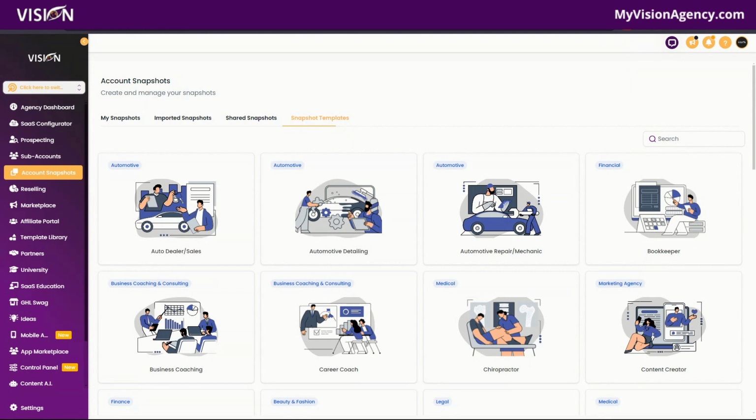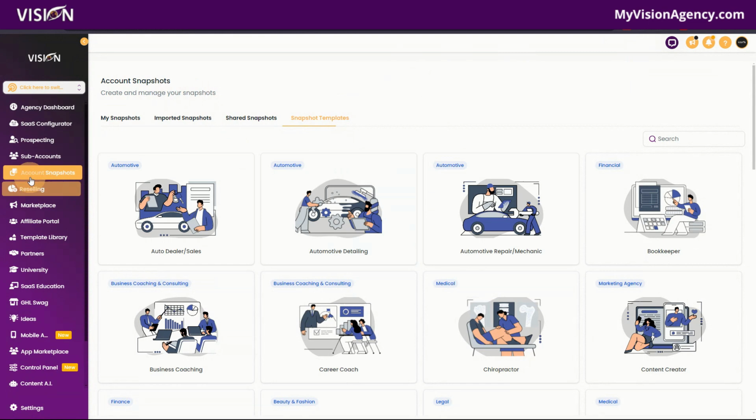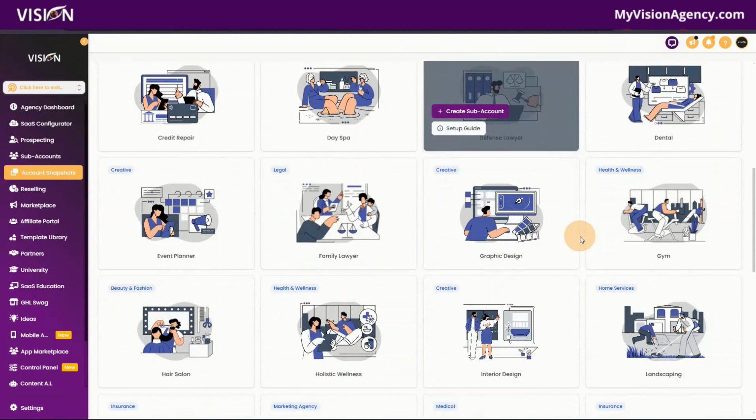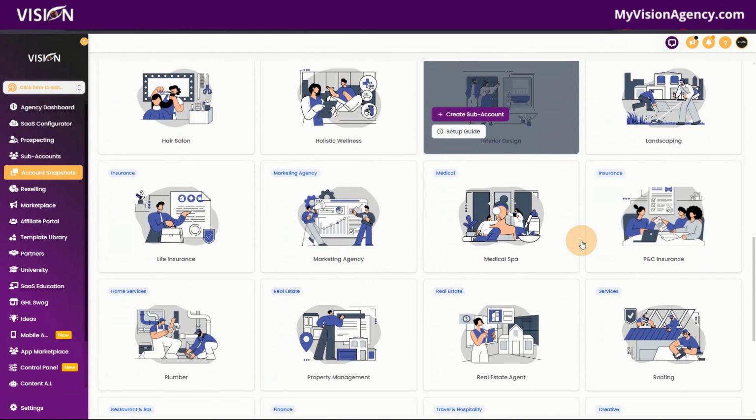Hello, Bridget Bartlett here. So today I am going to show you how you can get access to 35 plus snapshots for high level. So you can see here inside of high level, if you go to the account snapshots here, you're going to see this entire section here. So today what I want to do is I want to kind of walk you through these and show you